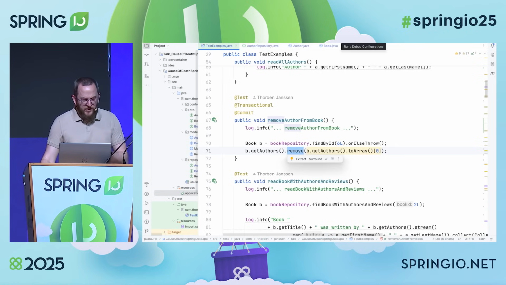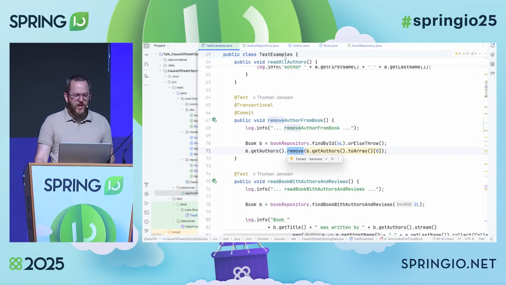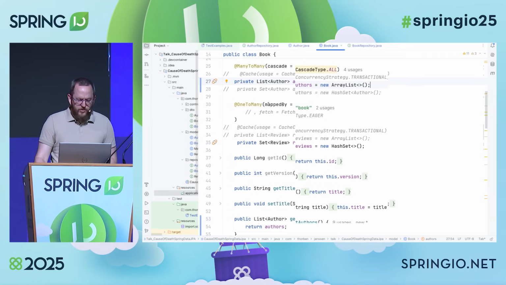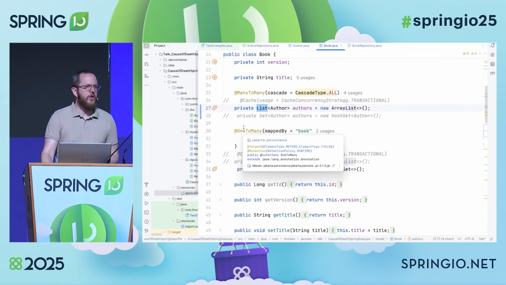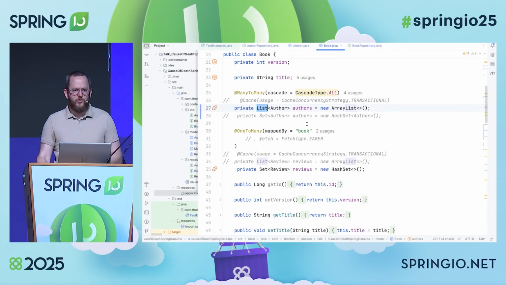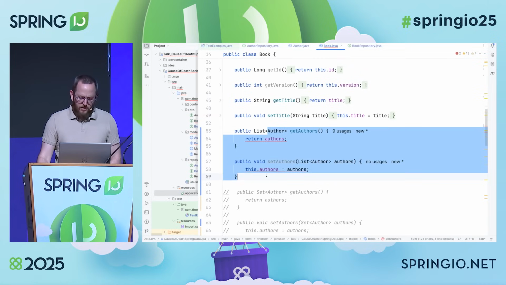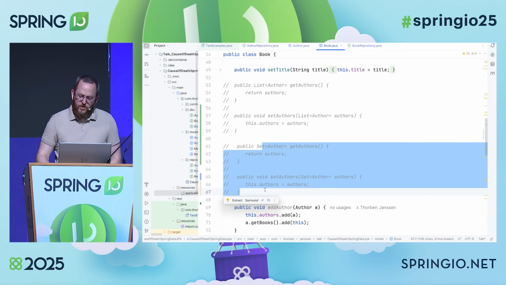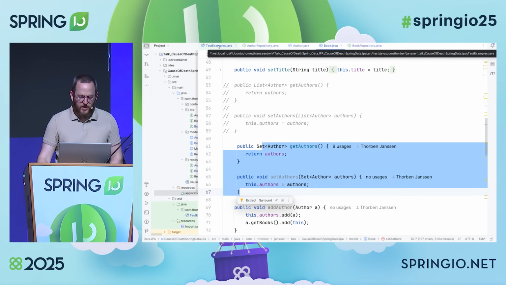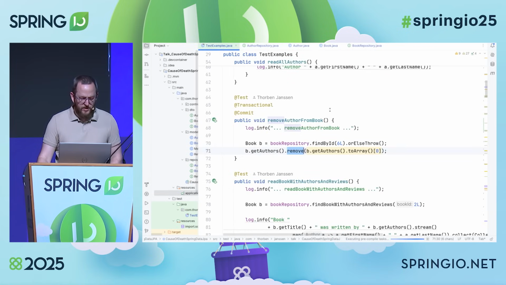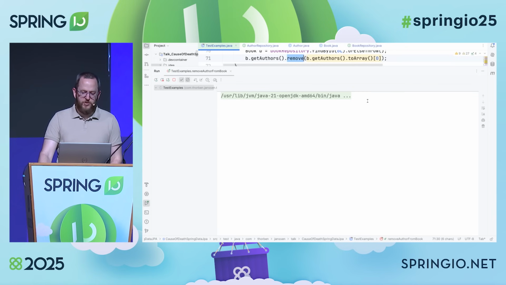Well, this is actually not a Spring Data JPA issue, it's a Hibernate mapping issue. And it's caused by modeling a many-to-many relationship as a list. This is called a bag in the Hibernate world. So it's an unordered collection type that's allowed to contain duplicates. Unfortunately, for many-to-many relationships, Hibernate handles those very inefficiently, and you can easily change that by switching it to a set, which no longer allows duplicates and enables Hibernate to actually manage the relationship much better.